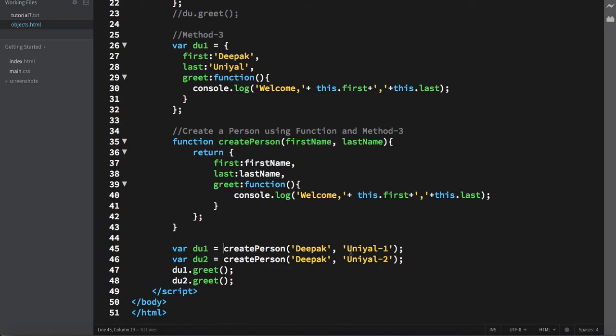One thing you can notice here, there is no new keyword, right? Because it is just a simple function, so you don't need to use any new keyword for this, because we are not calling any object or any constructor here, right? So I think this is enough for this lecture.